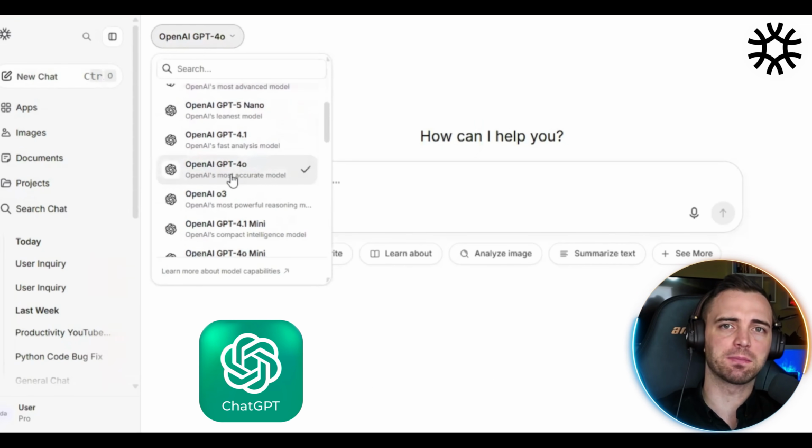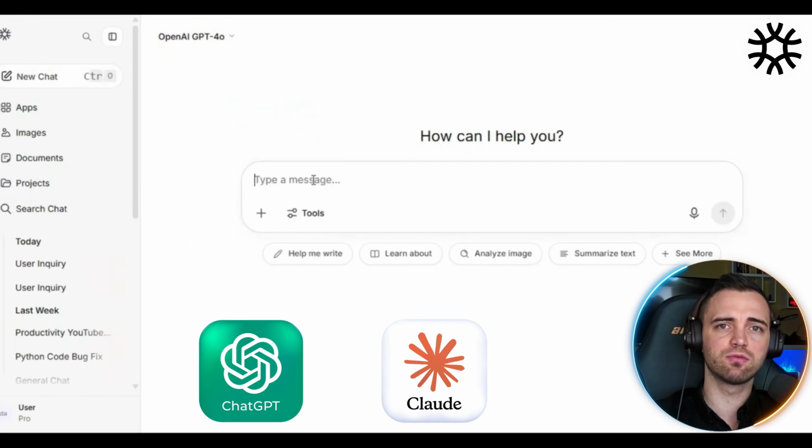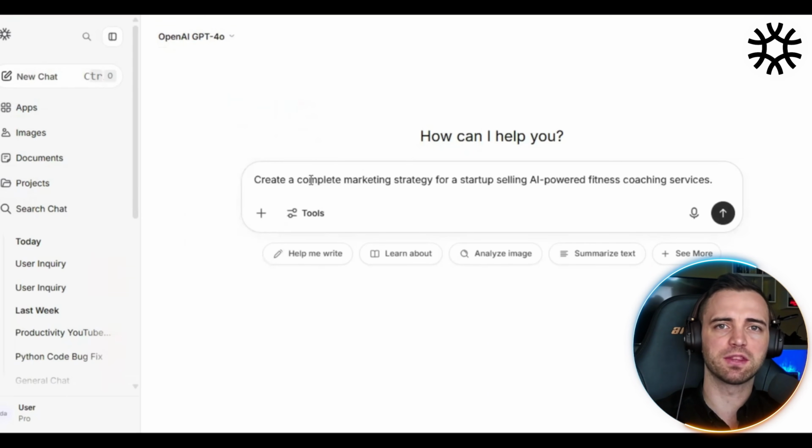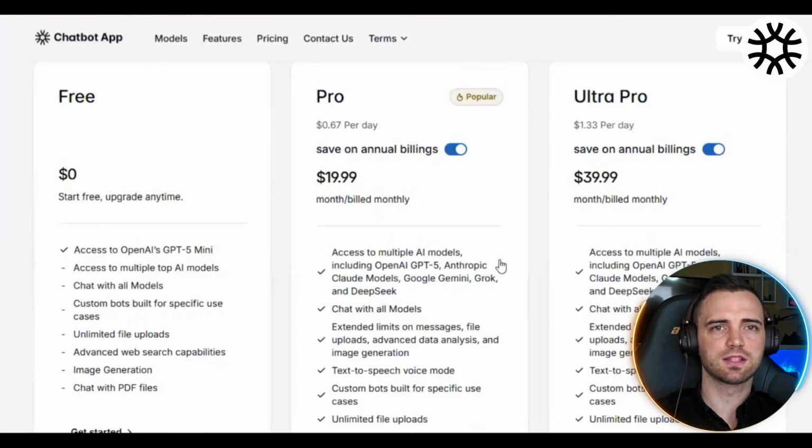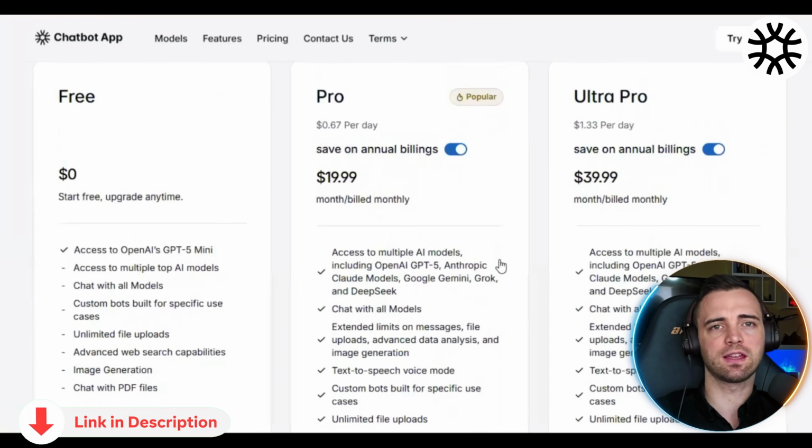like ChatGPT Plus and Claude Pro would cost you roughly $90 per month, but the Chatbotapp AI Pro is only $20 per month. So here we can see on the subscriptions page, you can get OpenAI ChatGPT-5 Mini for free, which is $0, but if you use our link, you actually get in on the Pro version for $1 on